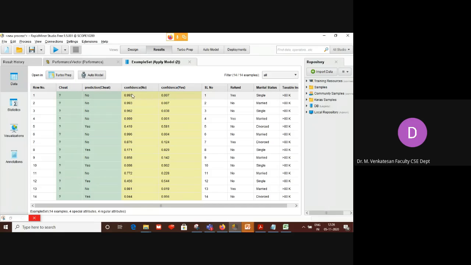Which one is maximum? No class is maximum. That's why the result is no. You take the fifth row. For the no class, the confidence is 0.49. For the yes class, it is 0.581. So which one is maximum? Yes class probability is greater than no class. So that's why the prediction result is yes. I hope it is clear to you now. So this is the way to predict the unknown class label.